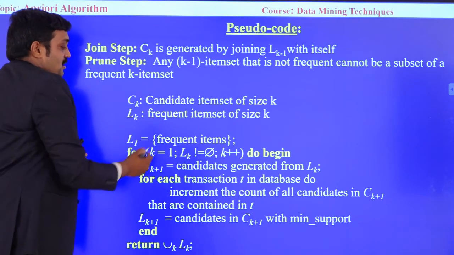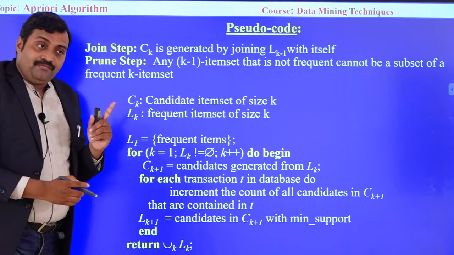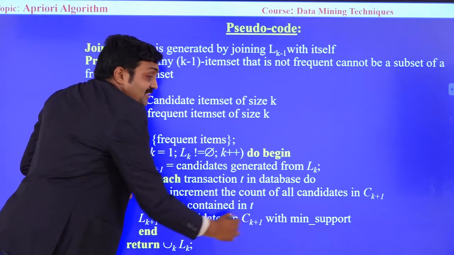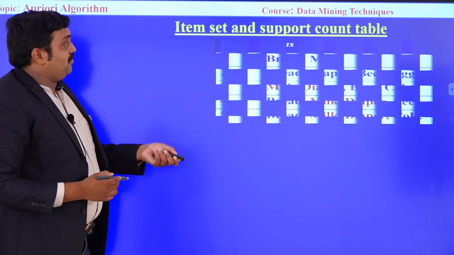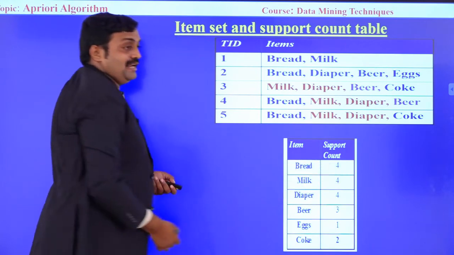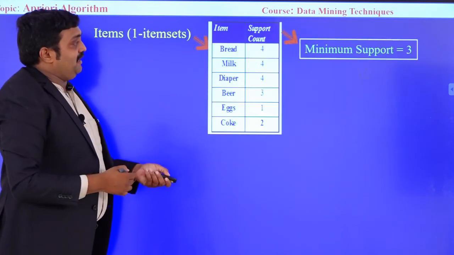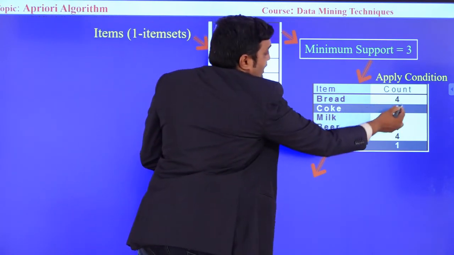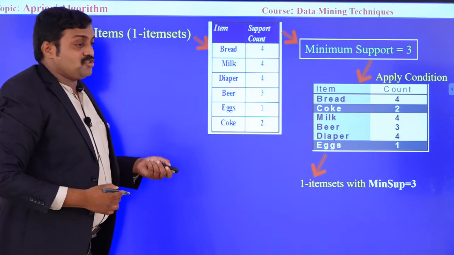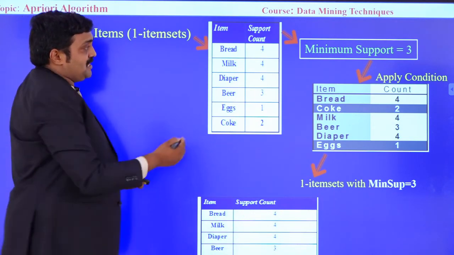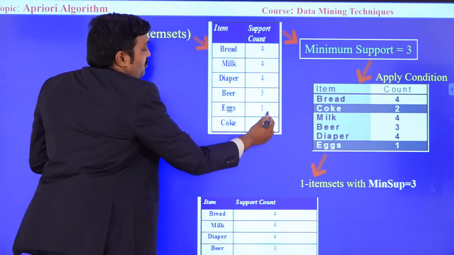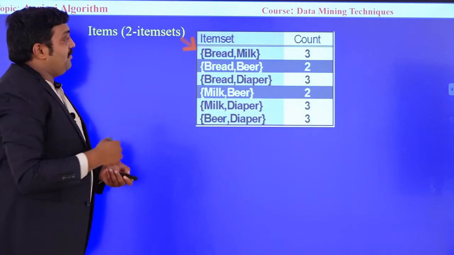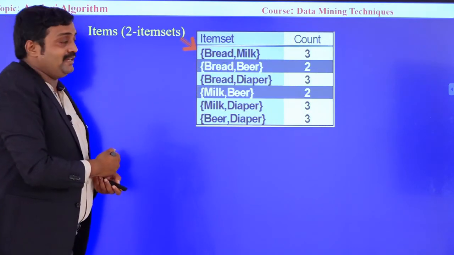Now what we are going to do is take all the items as L1, then apply the loop and scan each transaction to find out the occurrence. Based on the support, how many times it occurs in the transactions, we apply the minimum support and eliminate the infrequent items, because we needed 3 but we got 1, and egg and coke are less than 3, so we are eliminating them. Then we make a combination, that is Ck, candidate key generation.